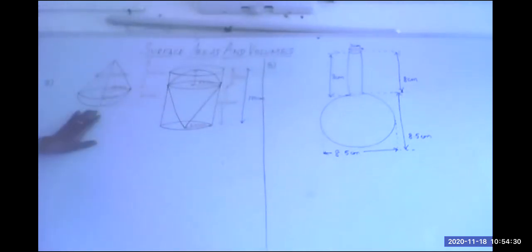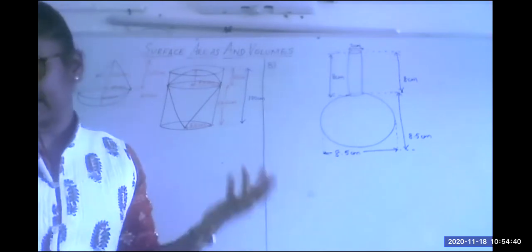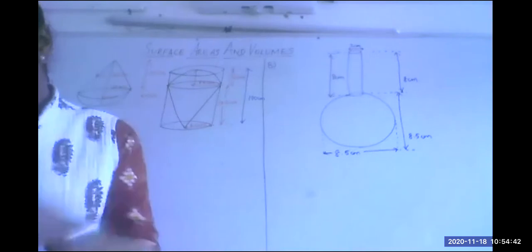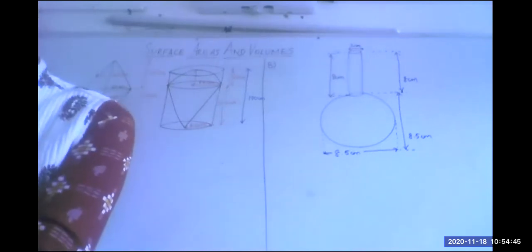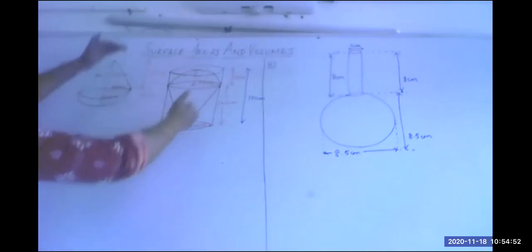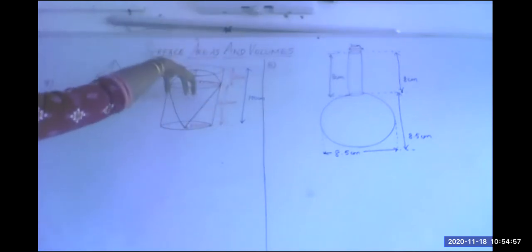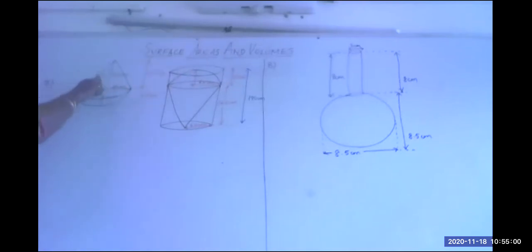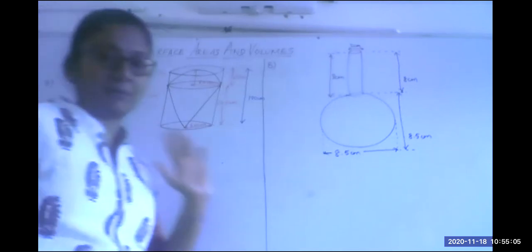So this is the first solid that we have. This is a solid obtained by having a cone mounted on a hemisphere whose height and radii are given to you. Then in the second part of the problem it is said that this solid is placed upright in a right circular cylinder. So this solid is taken as it is and placed upright inside a cylinder. So there is a cylinder into which you are inserting this solid, which is a combination of a cone surmounted on a hemisphere. This much you should be able to understand.